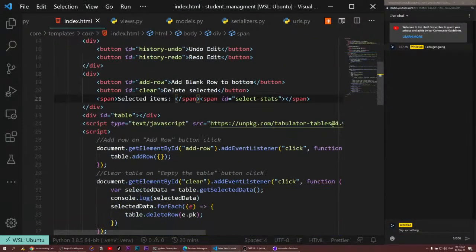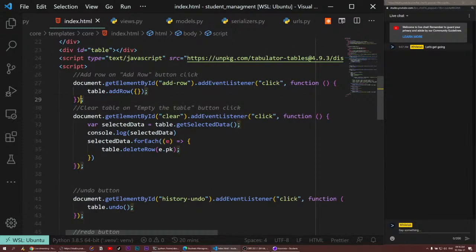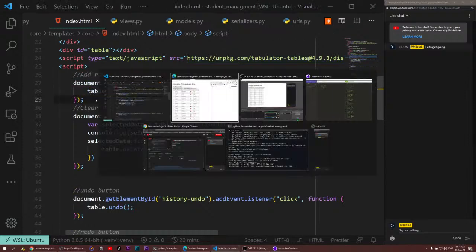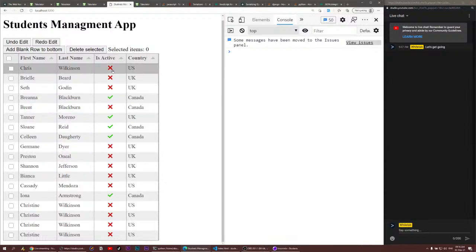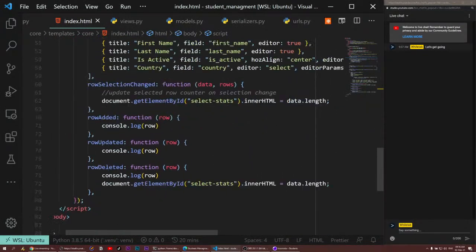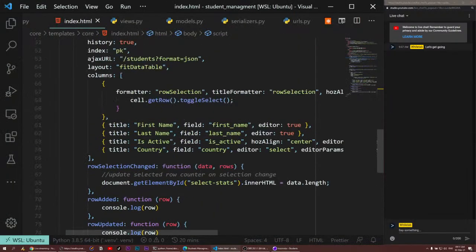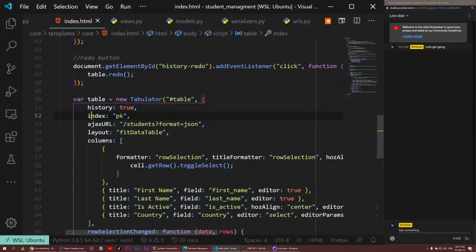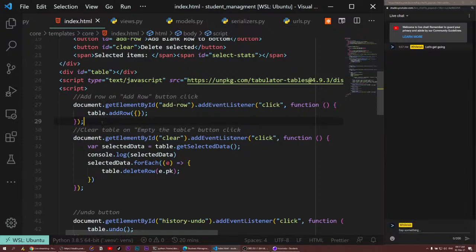Cool. The other thing is when adding a row, I want to get a primary key because, when creating now, basically the whole table's reference number is the ID or the primary key per se that we talked about over here, this one. This lets us identify each row, and as you can see here, it's the index. So when creating a new row, it doesn't have a primary key, so we wouldn't be able to adjust it